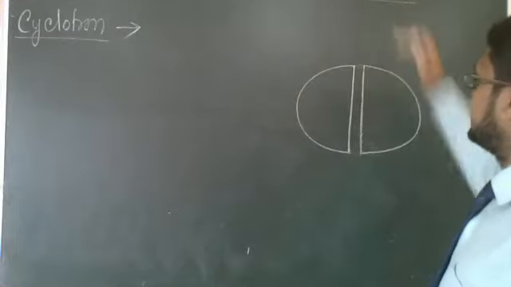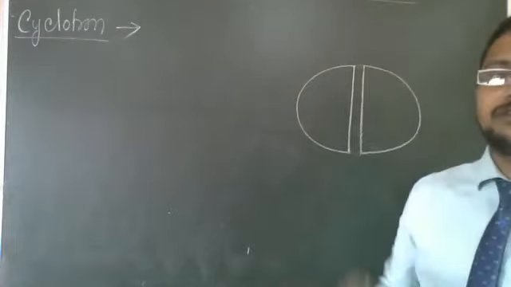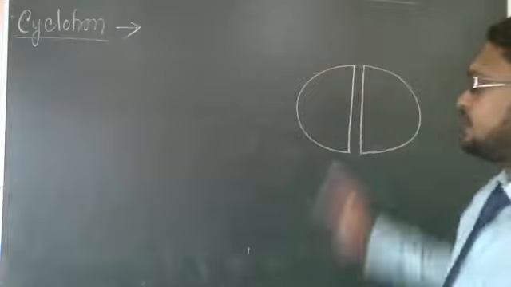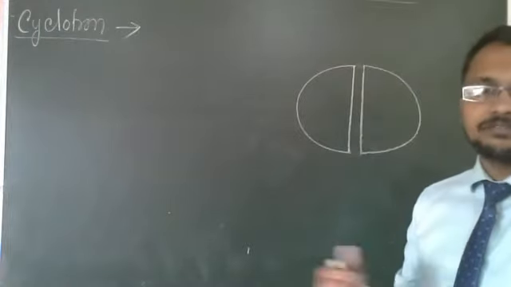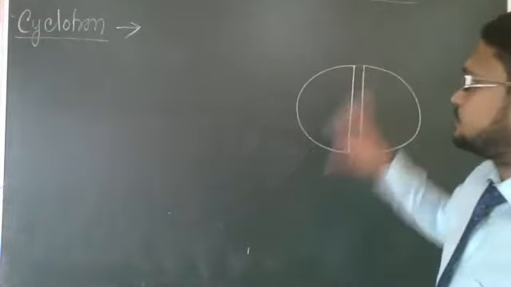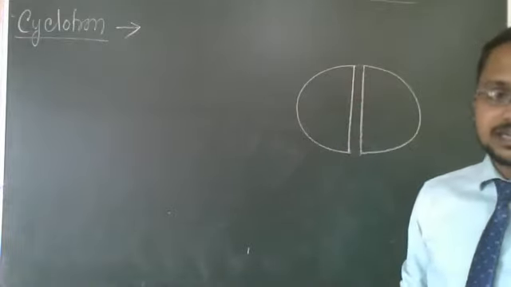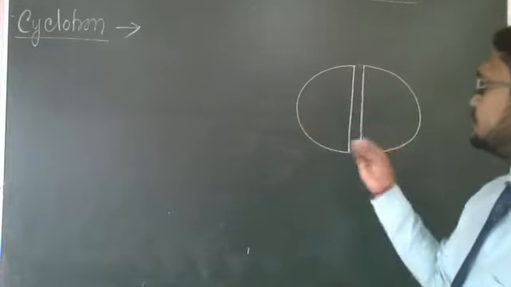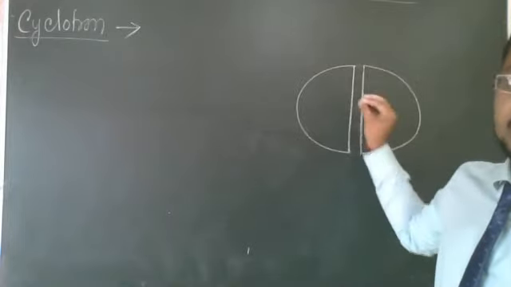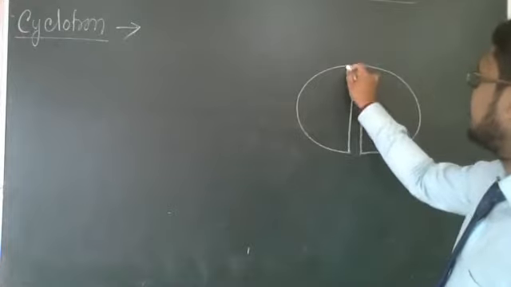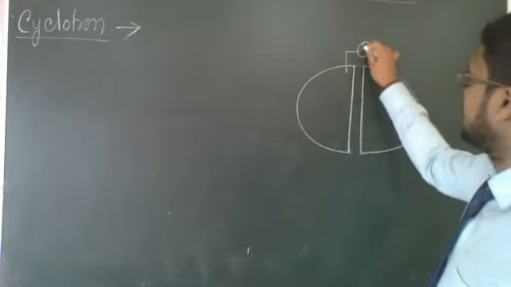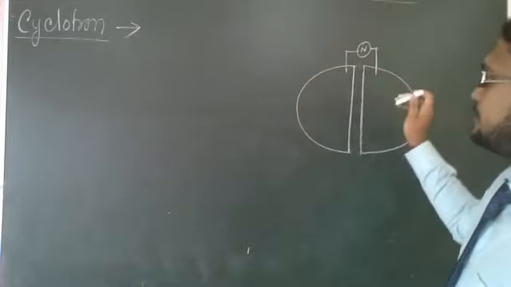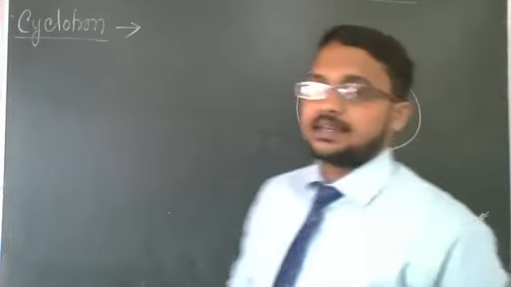And here one magnetic field is there. This plate is kept in a magnetic field region, where the plane of the plate will be perpendicular to the magnetic field. Using this device, we accelerate any charged particle. For any experiment, suppose we need an accelerated charged particle. So we put that charge here at its center, and give some velocity. These two D's are connected by some alternating current source. So for this current source and for the magnetic field, the charged particle will gain its velocity.